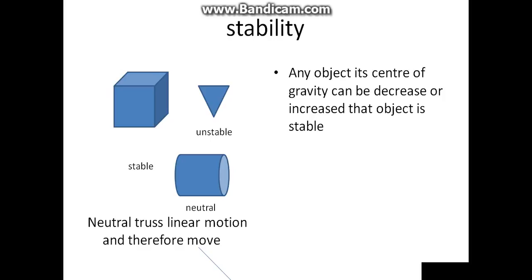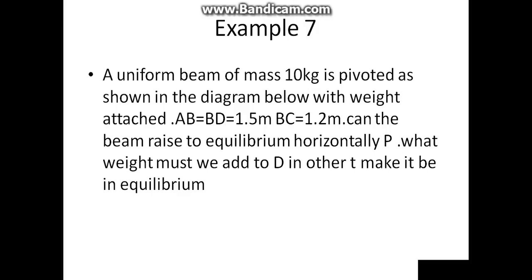Example 7. A uniform beam of mass 10 kg is pivoted as shown in the diagram below with weight attached. AB equal to BD equal to 1.5 meters. BC equal to 1.2 meters. Can the